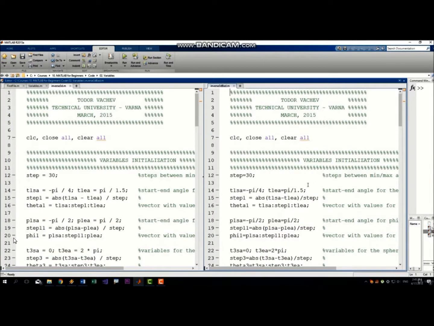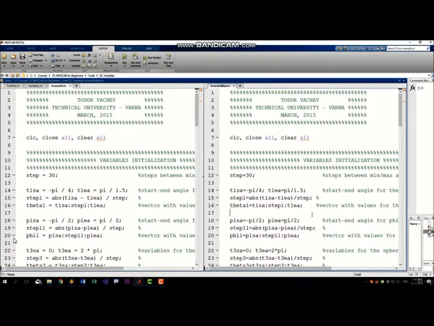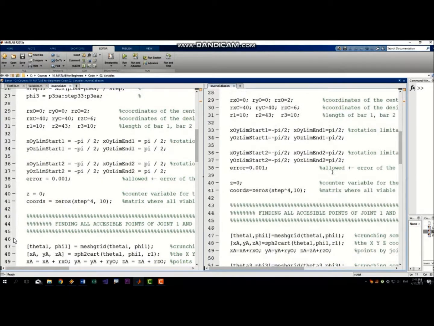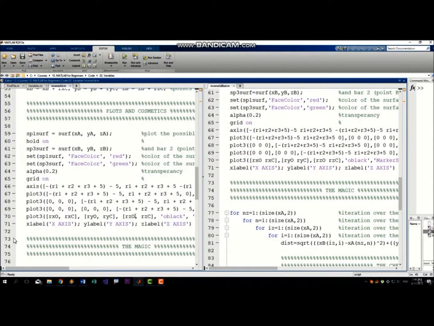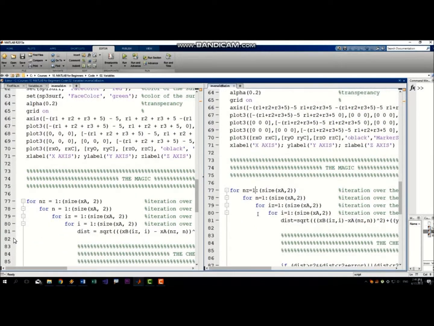Now, take a look at this code. This is a file that I have written a few years ago, and I have purposely deleted all of the spaces from the right version of the file, and I have all spaces correctly placed in the left version of the file. You may not understand this code, but just take a moment and look at it. I'm going to show you a bit more from the code, so let's go down here, like this, and maybe down here. So you may not understand it, as I said,